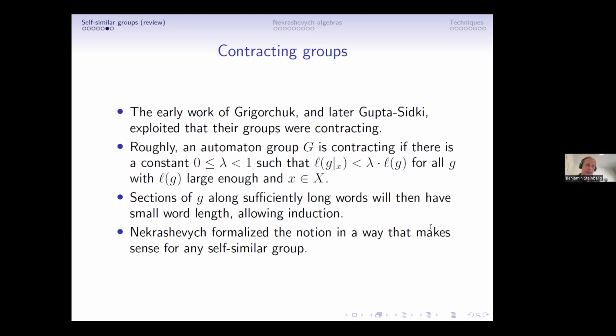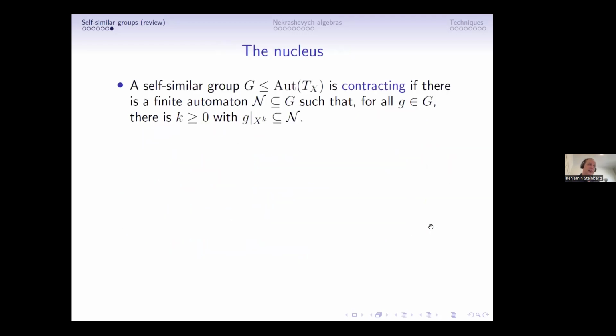Yeah. So Nekrashevych: you can have infinite self-similar groups, and you can have infinite ones which are contracting. Nekrashevych formalized contracting in a way that doesn't talk about word length. He calls a self-similar group contracting if we can find a finite automaton contained in G. That just means a finite subset of G closed under sections, with the property that given any element of G, there's some number K, so that any section of G along a word of length K